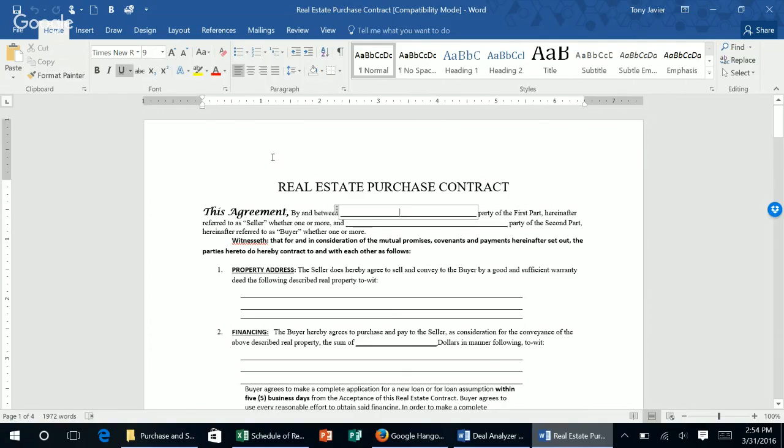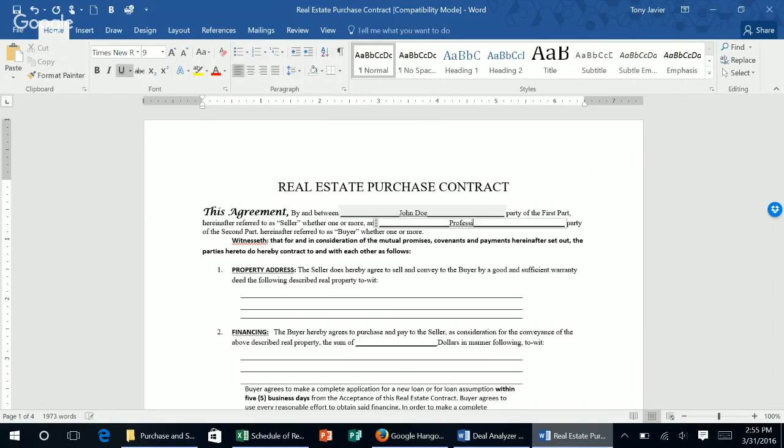All right, so the first part of the contract is pretty simple. This line right here is for the seller. So let's say you're purchasing this from John Doe. You can also print these off and write it out. You don't have to type them in. Sometimes I like to type them in, or when I did acquisitions, I liked to because it looked more professional. And then when I got to the property, I would just write in the dollar amount and any other information that I needed. So if we put in